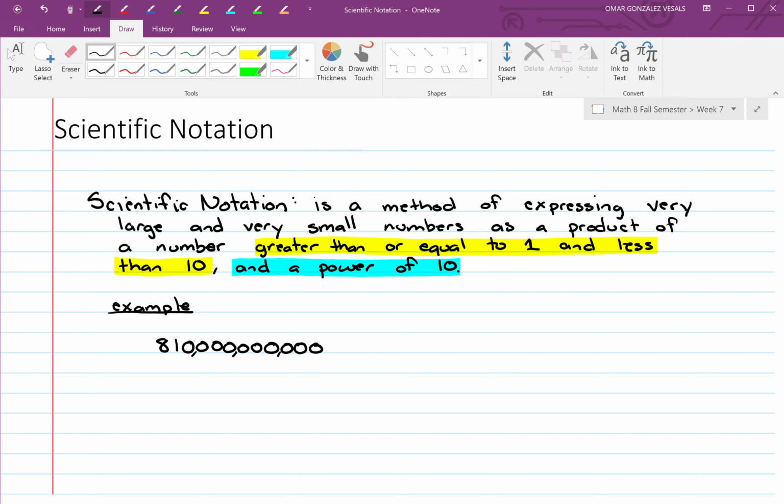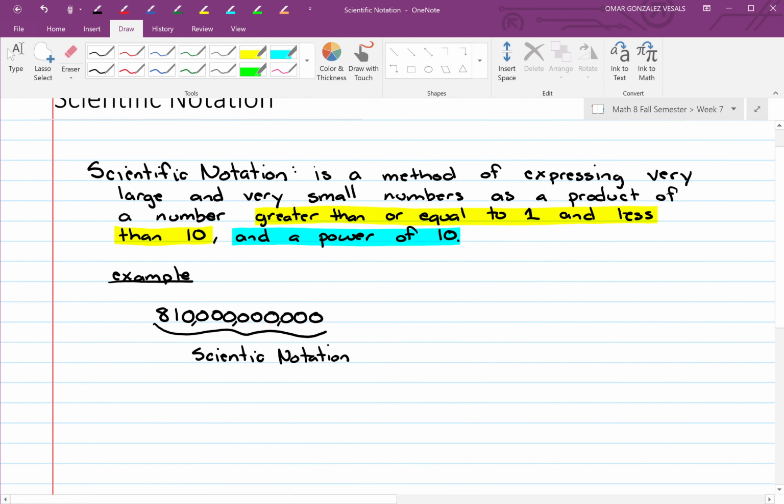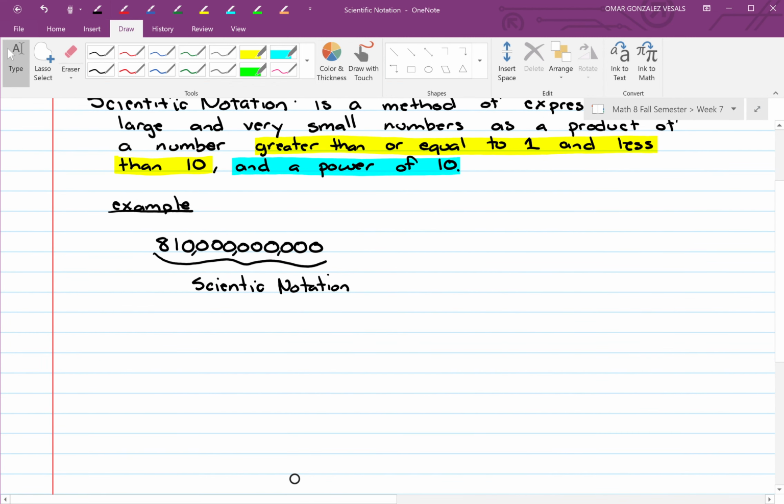Okay, so what you do instead of having to write this whole number out is you write this in scientific notation. So what we're going to do is take this number and write it in scientific notation. To write it in scientific notation, you have to do the following. So I'm going to take the number,